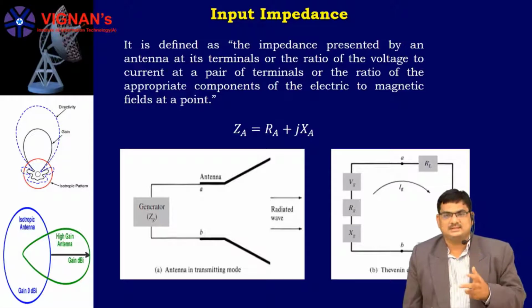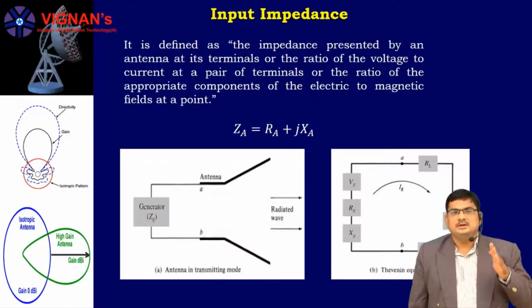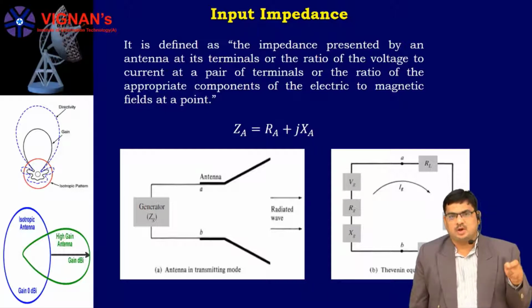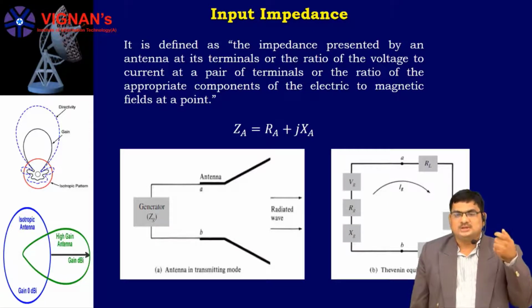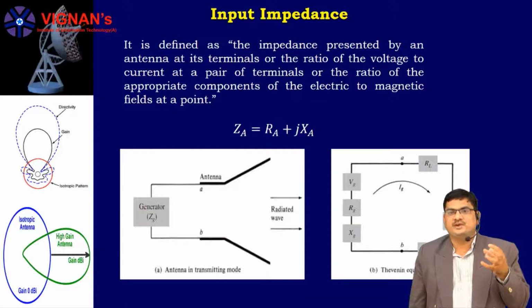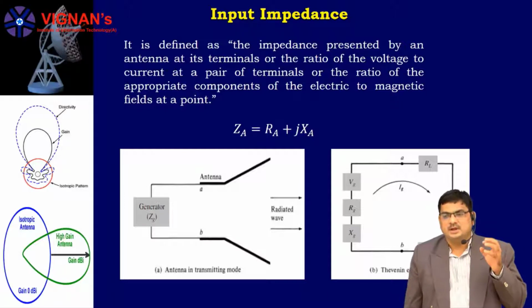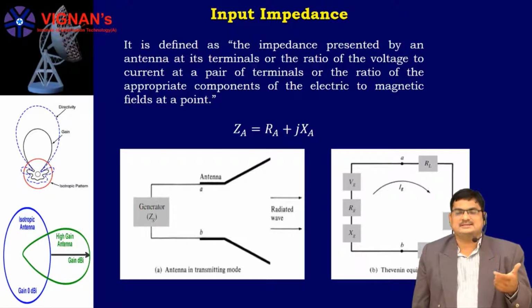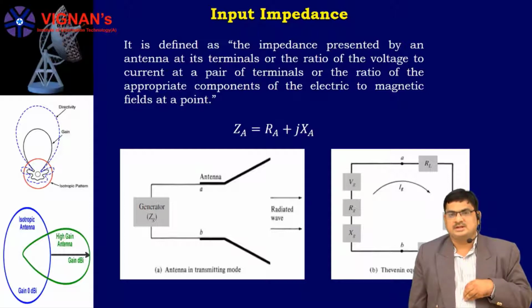So, what is this reactance? Because some power is dissipated on the input side, there will be some loss on the input side. Due to this loss, nearer to the antenna, some fields are missing. That's why some reactive fields occur. For example, for a half wave dipole antenna, the input impedance is equal to 73 ohms.